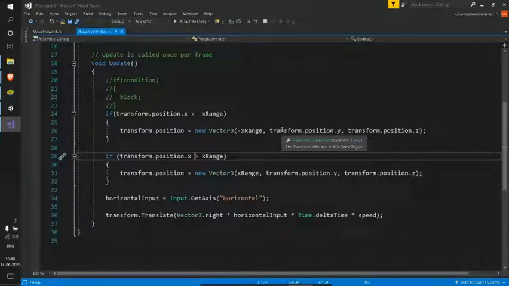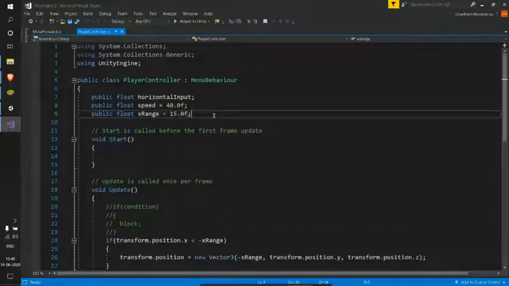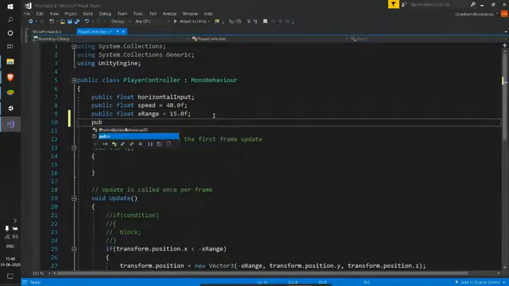To make a copy of one thing, we need to refer to it, right? So let me create a new public variable here. We need to take this prefab and create that in our game dynamically. So whenever we press space, we need to create that.